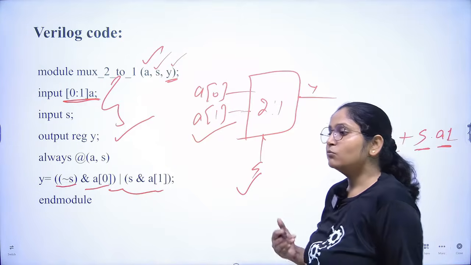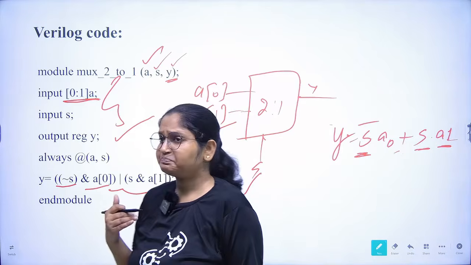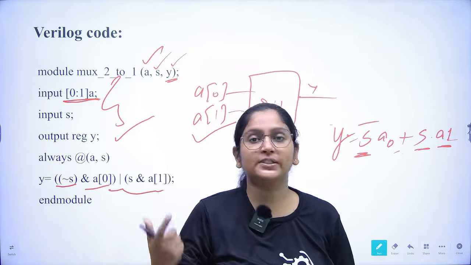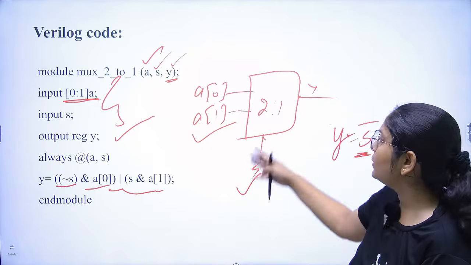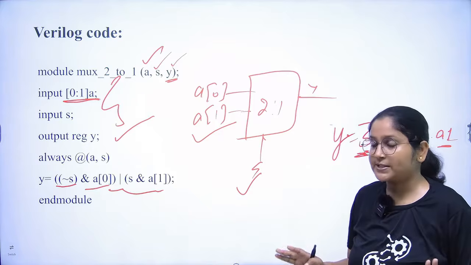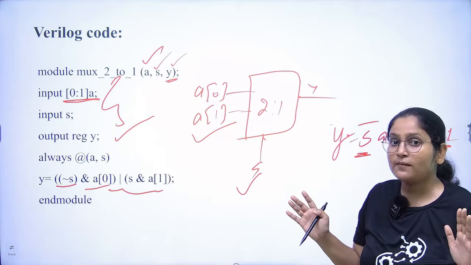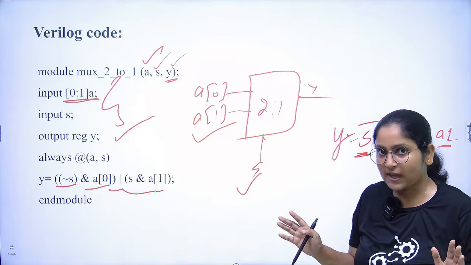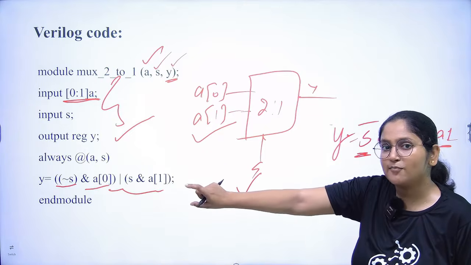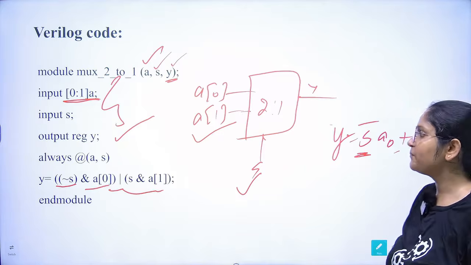We will also move towards some statements, like how we will do this with the help of truth tables. Yes, we can do these things with the help of a truth table also, which I will tell you afterwards. First of all, we are focusing on Boolean expressions, directly writing the equation in terms of Boolean expressions. Okay, fine.